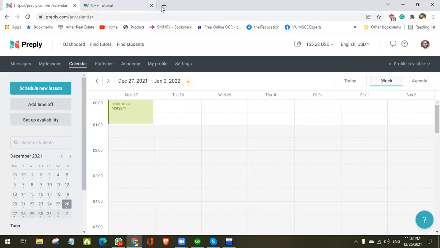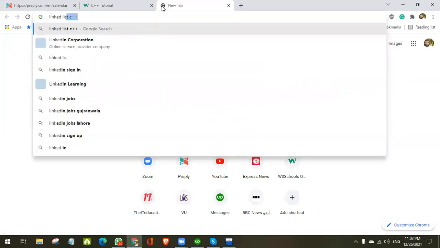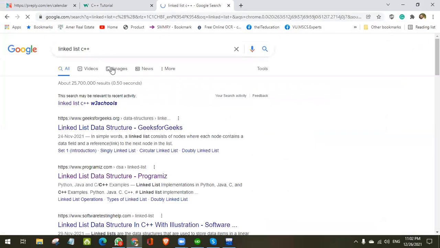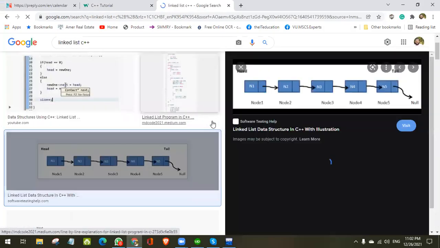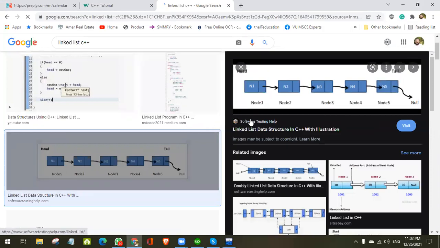To learn the linked list, for example, we go here, linked list, and we put up the image. So you will see this image. In a linked list, we will store the values like this. There are two things here, not one thing. One is the value. The next one is the address of the next value to which this value is connected. So here I am going to define: linked list provides us a mechanism to store the data in the form of nodes.